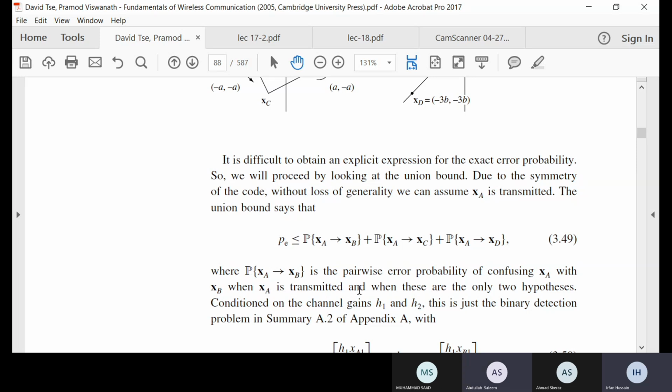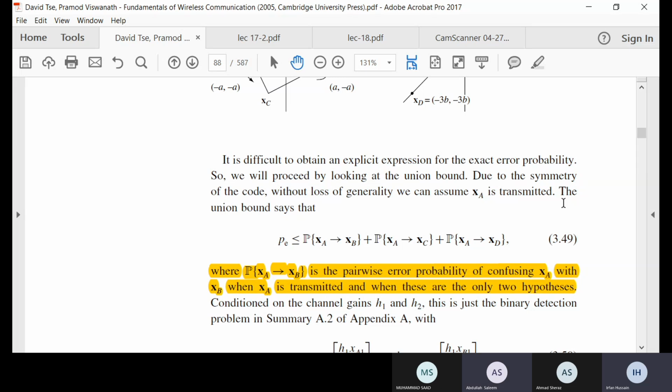so where this is a probability of confusing X_A with X_B when X_A is transmitted. When these, देखें क्या लिखा है, when these are the only 2 hypotheses, यानी यही तो इसका फ़ायदा है। आपने बस कहना कि 2 ही भेजे गए तो 2 का निकाल दें बस, फिर अगले 2 का। अब 2 का करना तो आसान होता है, अभी हमने देख लिया कि 2 का करना कितना आसान है। जब 2 भेजे जाएंगे तो क्या फ़ैसला होता है, U_A minus U_B, ख़त्म।